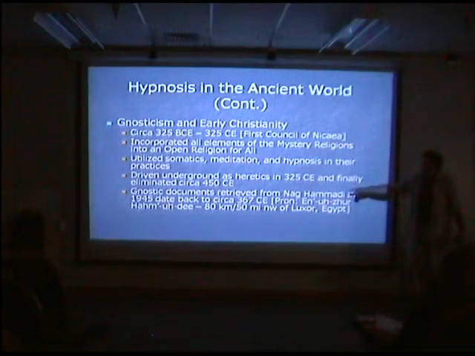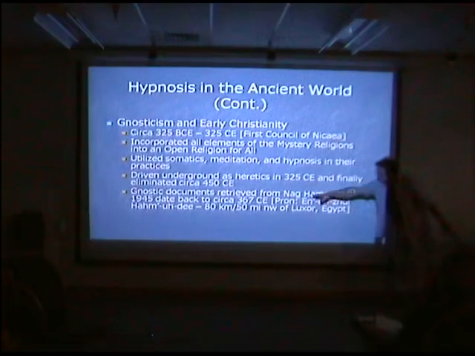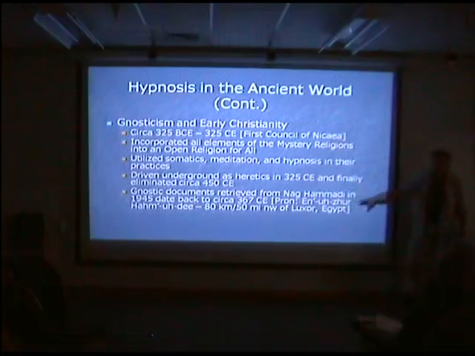Gnostic documents retrieved from Enizur Comedy, which is the Arabic pronunciation as close as I can come to the place where these documents were found. They date back to about 367 CE. So we have actual documents from the Gnostic times that were unearthed in 1945. And I've actually seen them. They came to New York when I was there. And they came to the public library, the big library with the lines out in front. And they had this huge display in the hall there of all of these texts. It was amazing to see them.